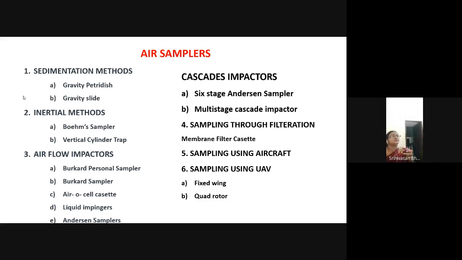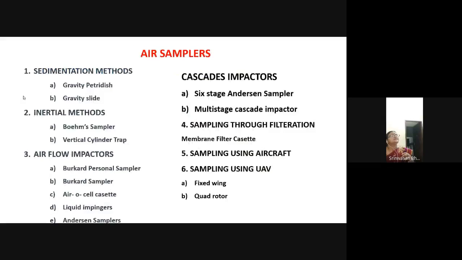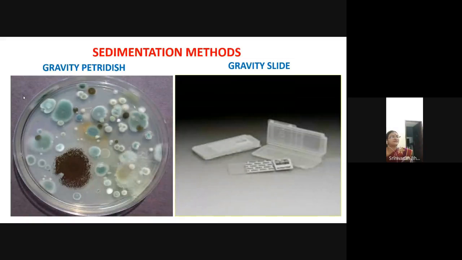And when we go to see about the sedimentation method, the first thing is the gravity petri dish and gravity slide method. So first is the gravity petri dish method. In this gravity petri dish method, the petri dish contains nutrient agar or potato dextrose agar. If we want to isolate bacterial colonies, then we go in for nutrient agar medium in the petri dish. If you want to isolate fungi, we go in for potato dextrose agar, and we expose the petri dish